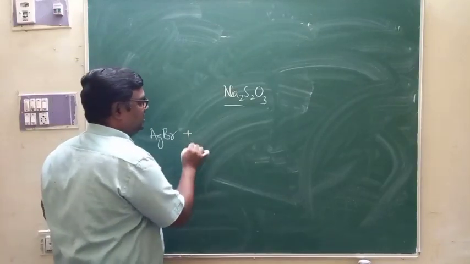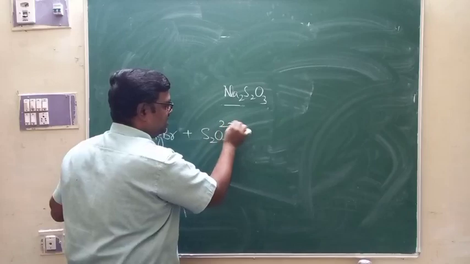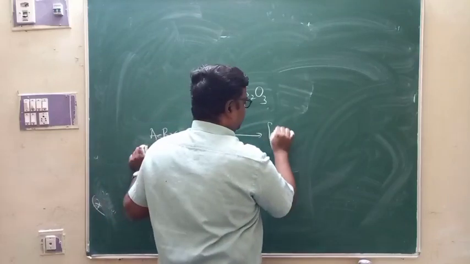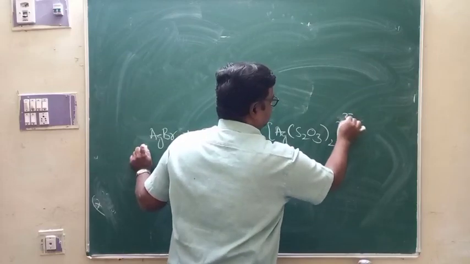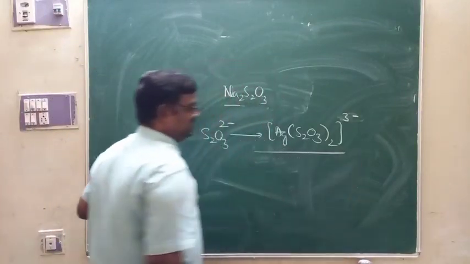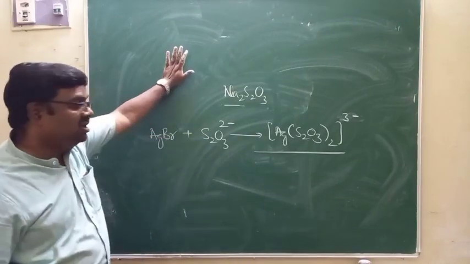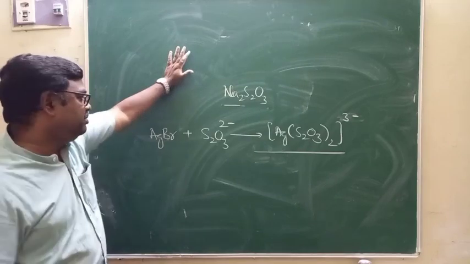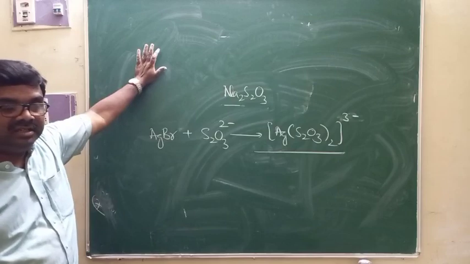The photographic film is washed with sodium thiosulfate, which produces thiosulfate ligand ions. These thiosulfate ions will form a complex with silver ions, and that is a soluble complex, Ag(S2O3)2 3-. This is a complex of silver ion with thiosulfate. Here also there is complex chemistry. The developed photographic film can be fixed by washing it with hypo solution, which converts undecomposed silver bromide into a soluble form. So that is another application.